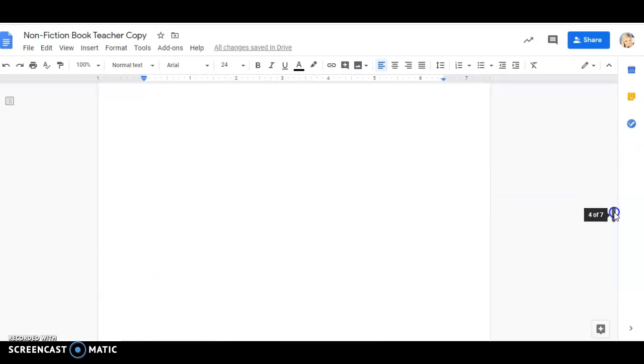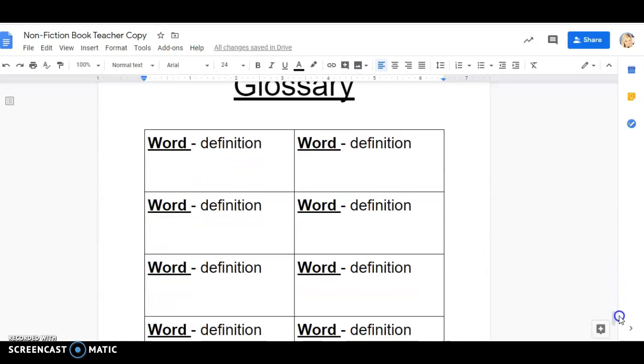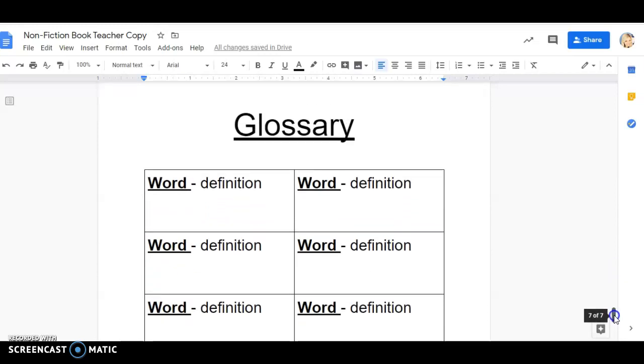section 2, section 3, section 4, and then we're going to have a glossary. Remember, our glossary is usually in the back of a nonfiction book. We have expert words in there that go along with what we are learning about. So you would type in your word and then write the definition. So look for those expert words when you are doing your research about your animal. And if you didn't take notes on them, you can always go back and reread those books to help you